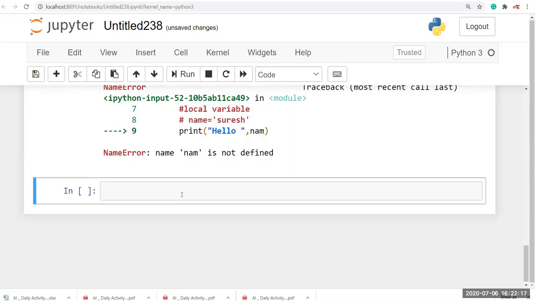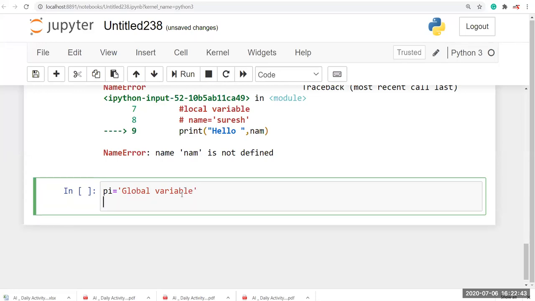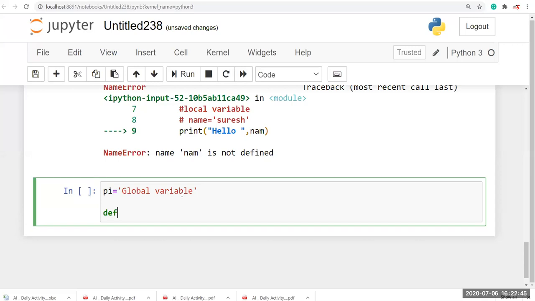Okay. So let's see one more example for that. Now we go with functions. I just give pi equal to global variable. After that I'm going to create a function, that is def enclose.